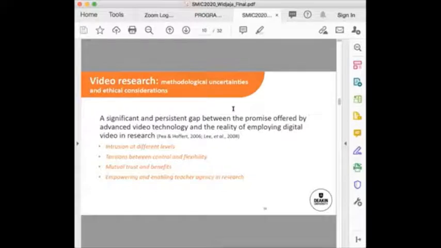So one of the ethical aspects, I suppose, with using video in classroom studies is the level of intrusion caused by having an external video or external researchers, technicians, videographers in the classroom to record the classroom,